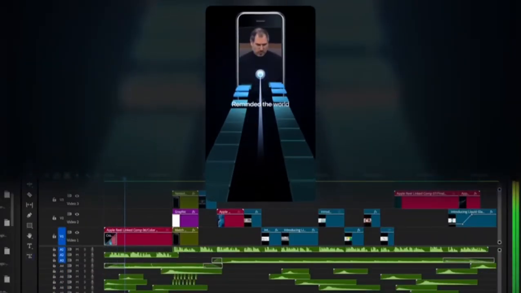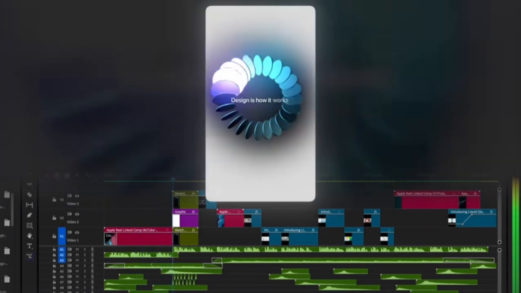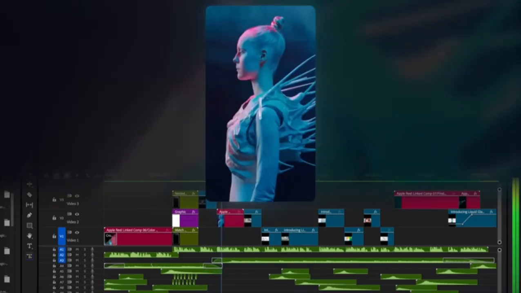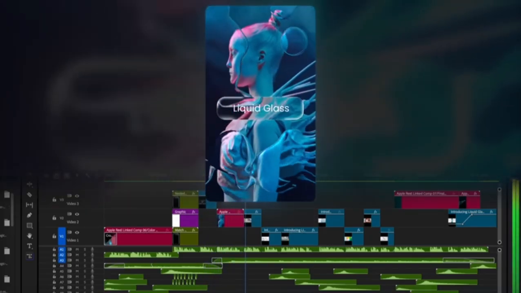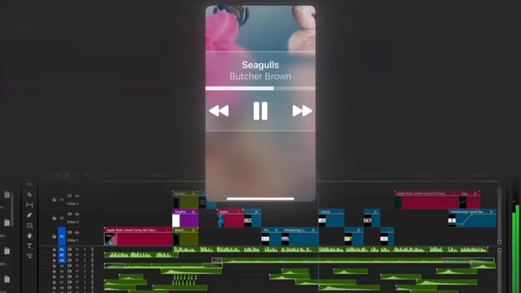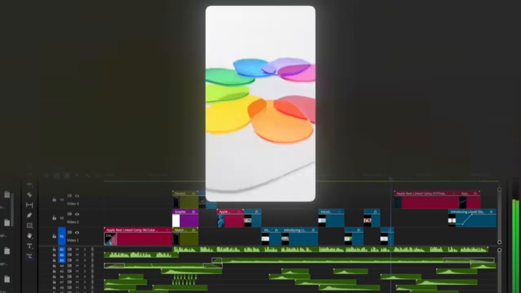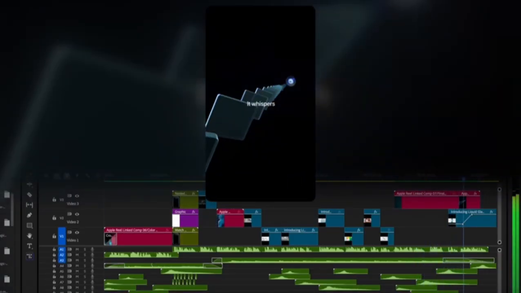Steve Jobs once reminded the world, design is not just what it looks like. Design is how it works. Apple carried that philosophy forward. In their latest chapter, that idea comes alive through liquid glass, a material that bends light, adapts to content, and makes digital design feel almost physical. What we see today is more than just minimalism. It's a design system that reacts, adapts, and connects, setting the stage for the next era of motion design. Good design doesn't shout, it whispers and still changes the way